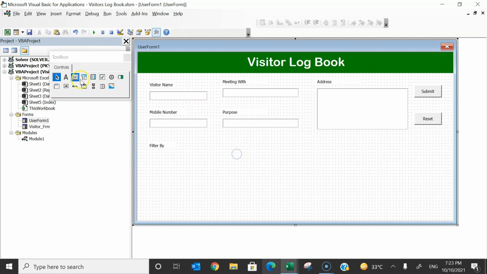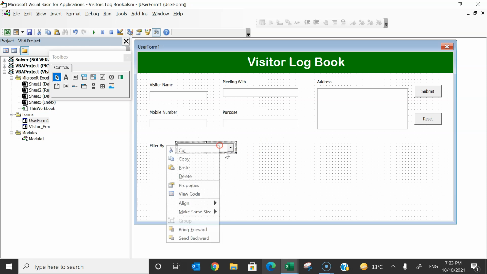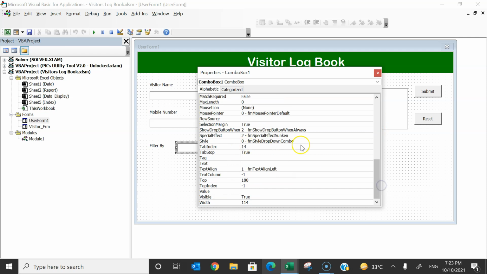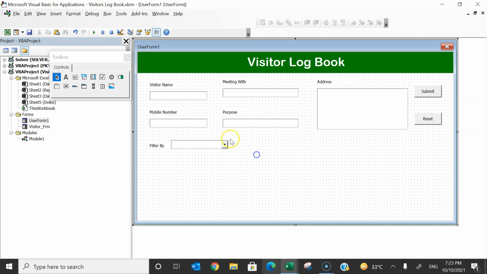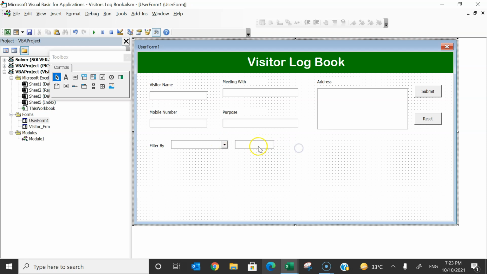Then we will add a combo box. Let's take this combo box. Just drag this combo box here. We will take the name of the field. So right click, go to the properties, and then you can change the special effect first. Double click, let's take this one. The style, let's take list, and list rows we will take, let's say 20. Let's close this. Alright, now we will add a text box for this, so just keep this text box here. This will be for the search.